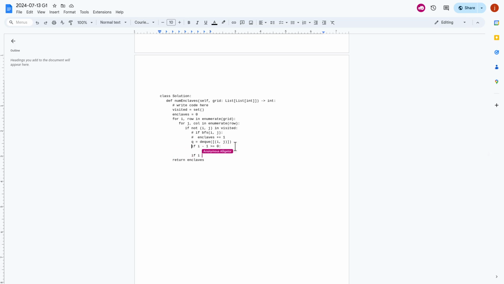If I plus one. Those should be the four child nodes. Then